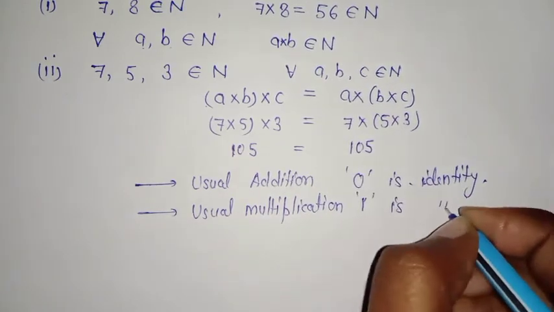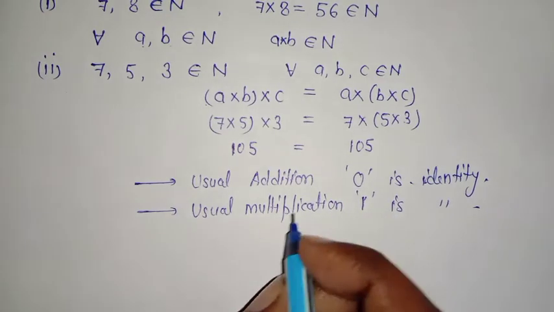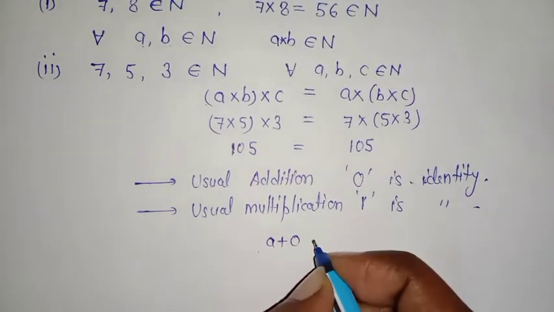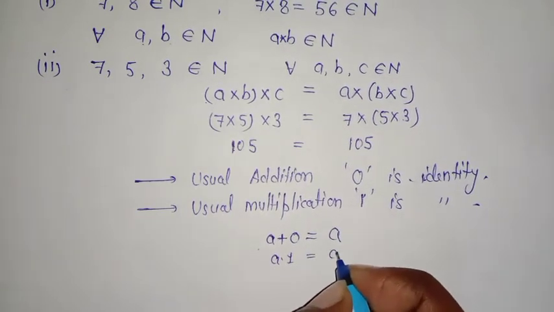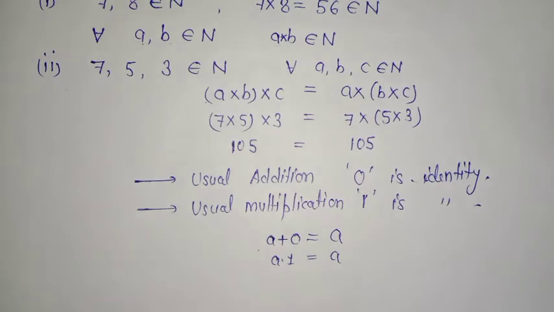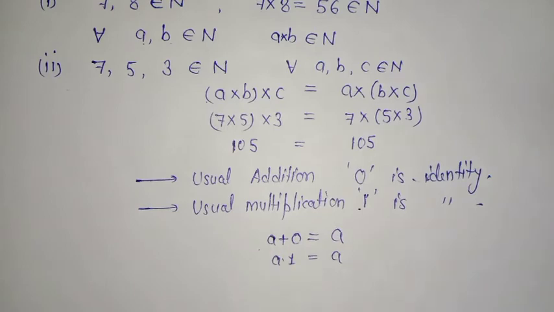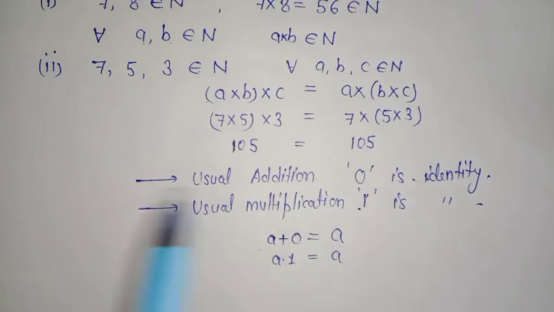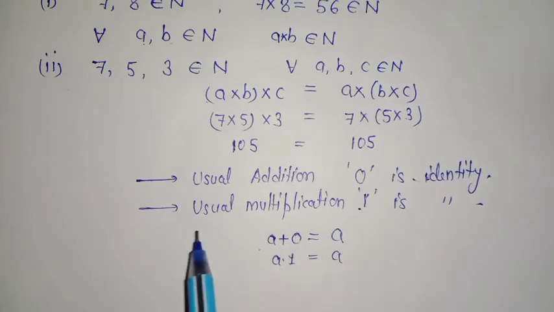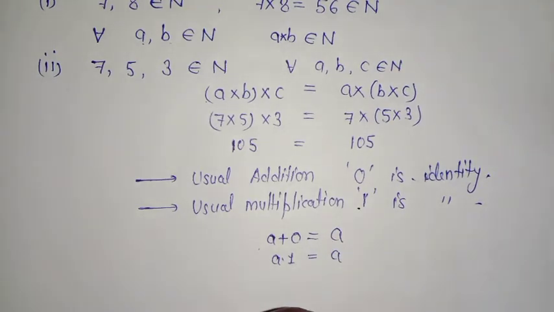1 is the identity, since if you take any element and add 0 to it, you will get the same element. And if you take any element and multiply it with 1, you will again get the same element. The property of identity is that if you apply it with any element of the set, you will get the same element. If you are given an algebraic system in which addition is the binary operation, then you have to use 0 as the identity, and if you are taking an algebraic structure in which multiplication is the binary operation, then you have to use 1 as the identity. So I hope you understand this.